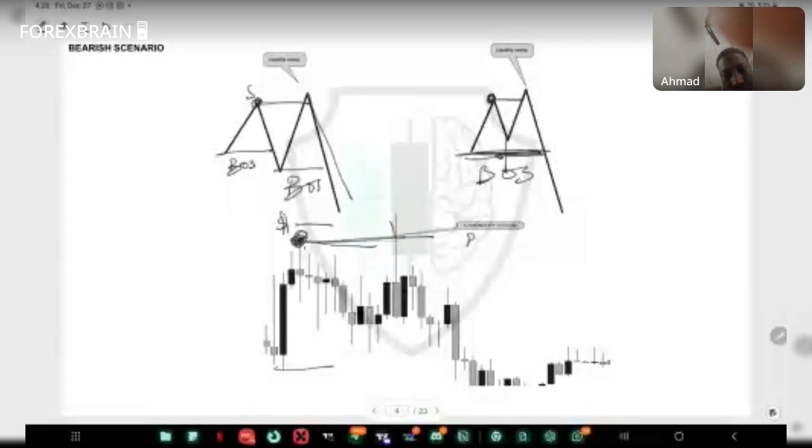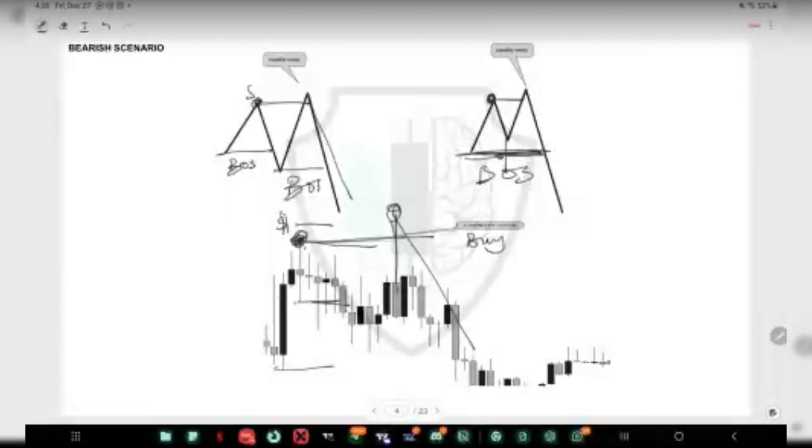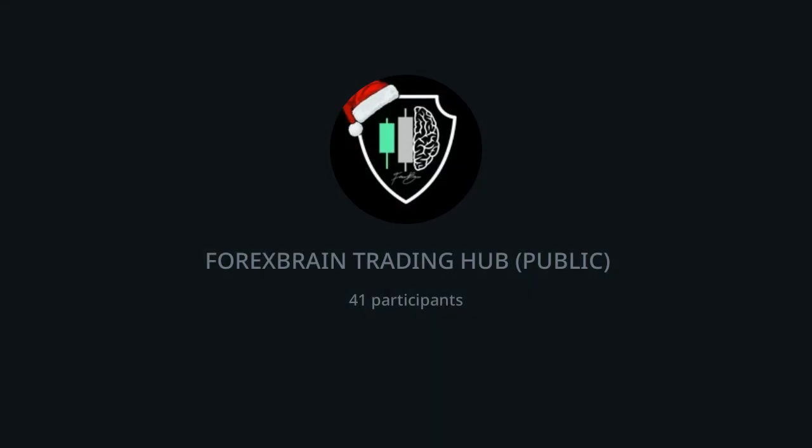So these ones that are willing to buy, those ones that have placed buy stops here, their stop loss will be below this low. You can see as soon as we took this guy, we displaced to that direction. So that means their stop loss would have been taken, even if they want to use the low of this candle, because they believe it is a breaker or whatever they want to call it. Do you understand? So that's for a bearish scenario.